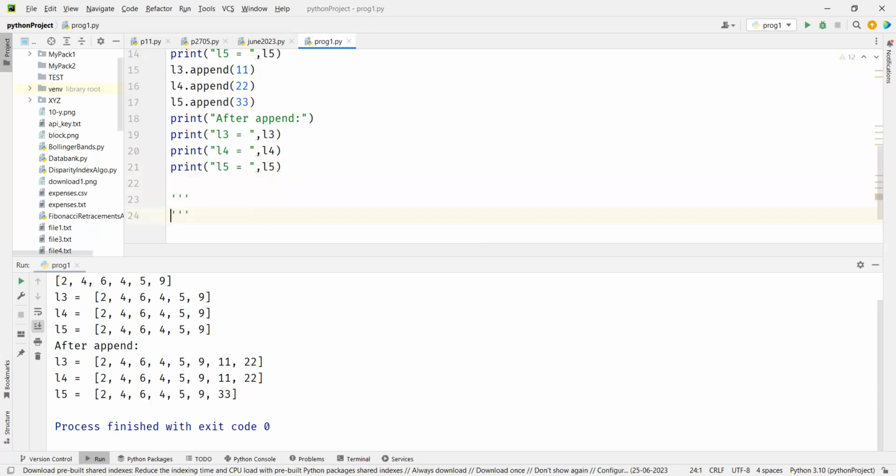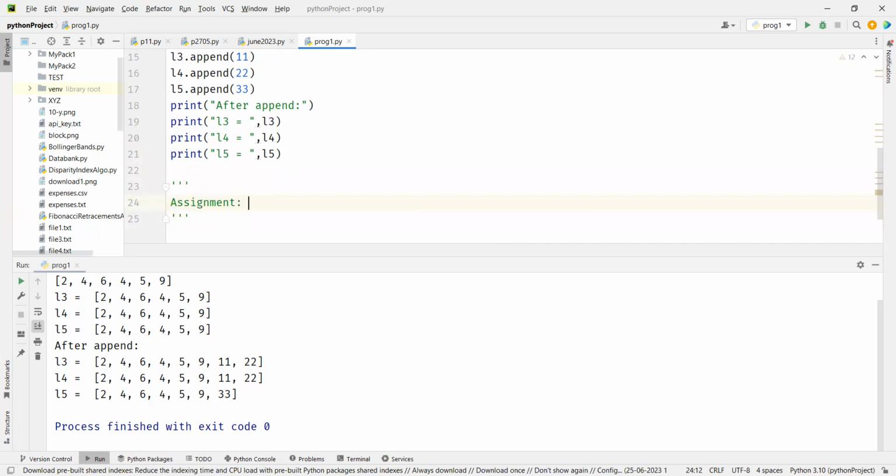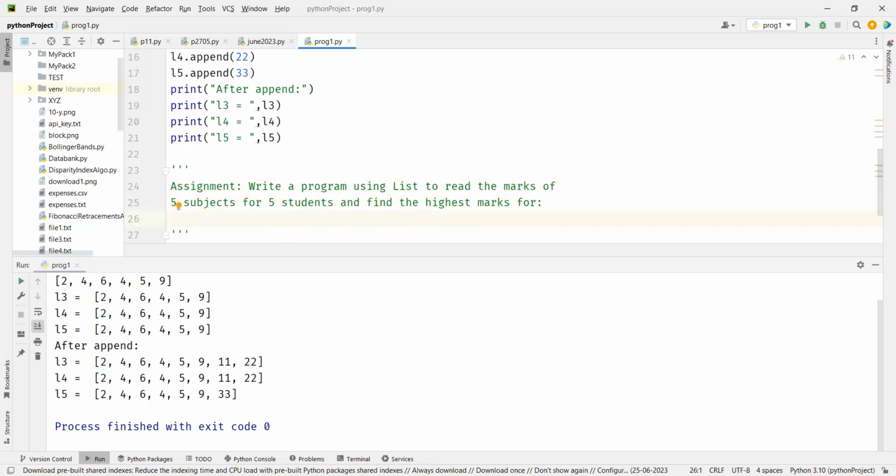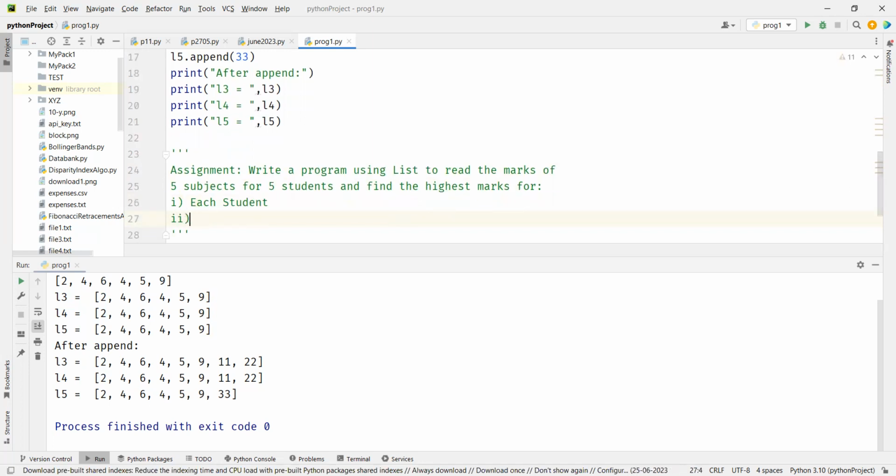The assignment is: write a program, of course using list, to read the marks of 5 subjects for 5 students, and find the highest marks for each student, and second, for each subject. Okay, so for example,